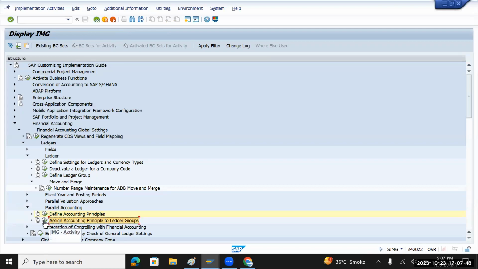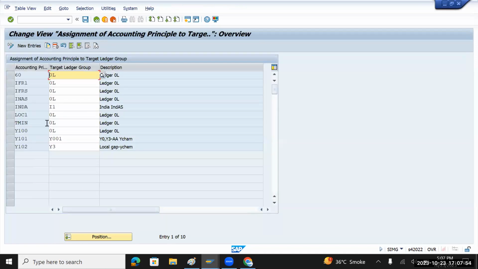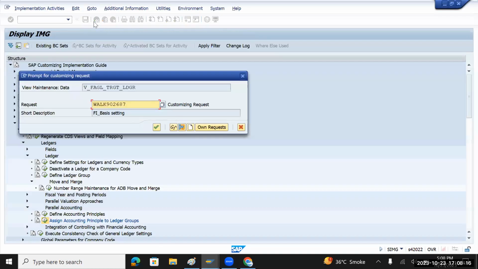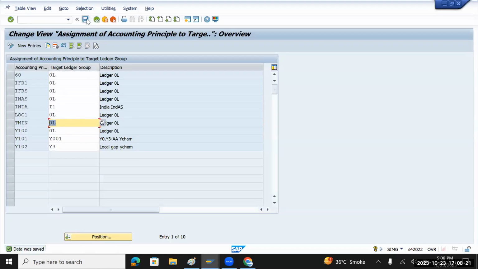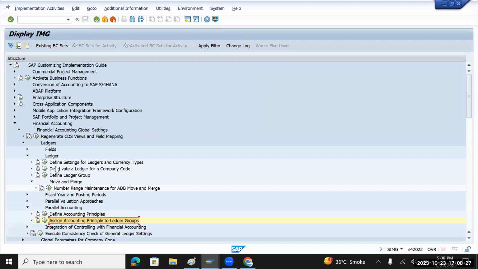Now, after that, we need to assign the accounting principle to the ledger group. So here, our accounting principle TMIN. So this ledger group, earlier it was not there. So I have assigned this ledger group to our accounting principle. Zero ledger I have assigned before, and save this one. If you have not done so, you can assign and save it. I have already done it, so just for your reference, I confirmed. Okay, so once these two are done, now we'll go to